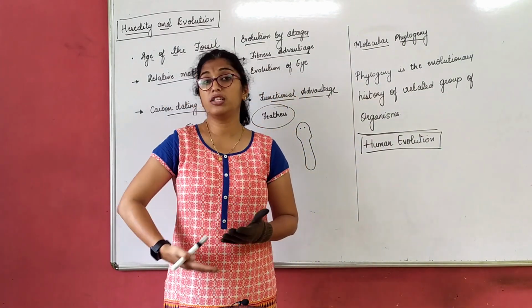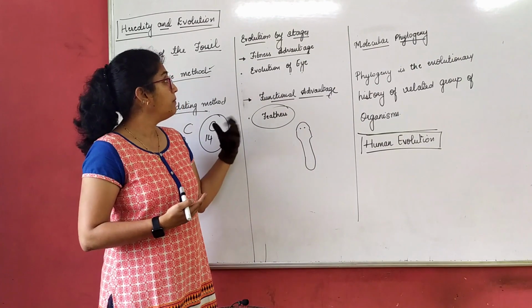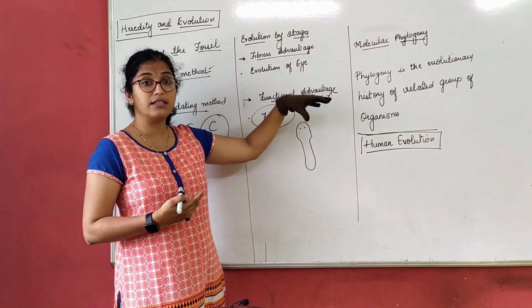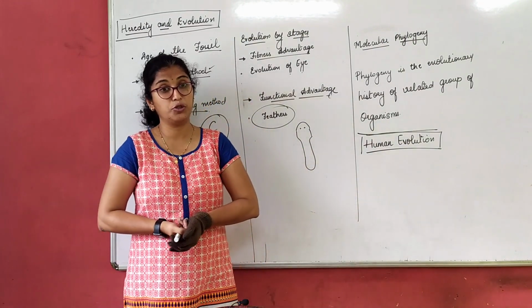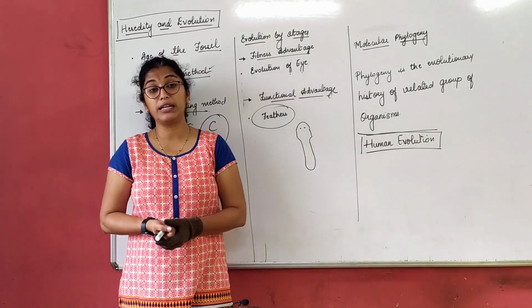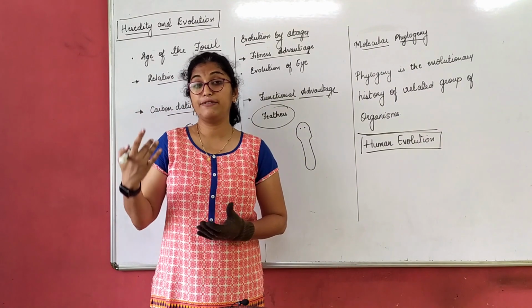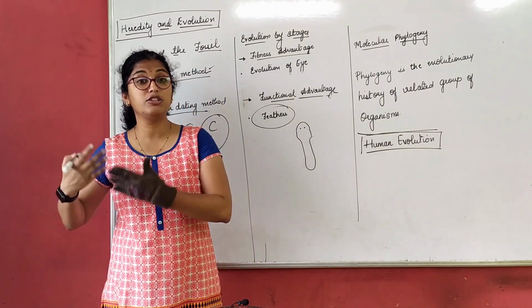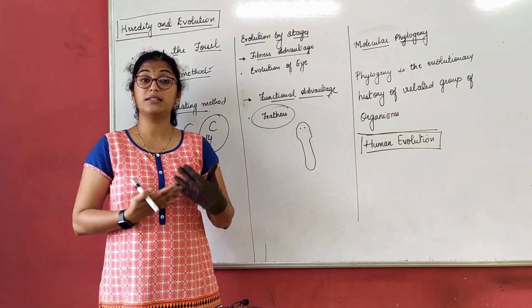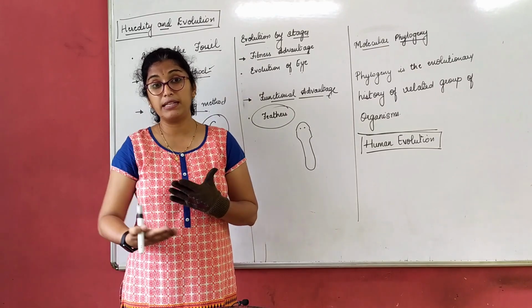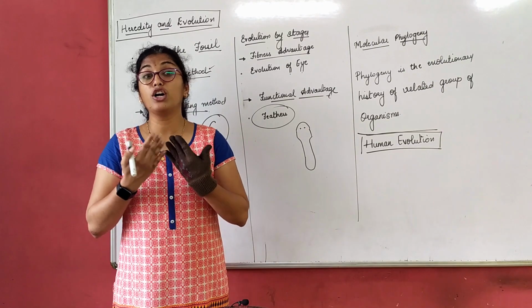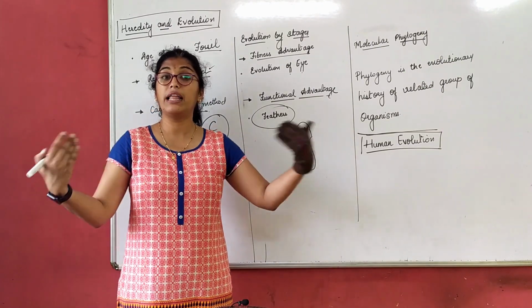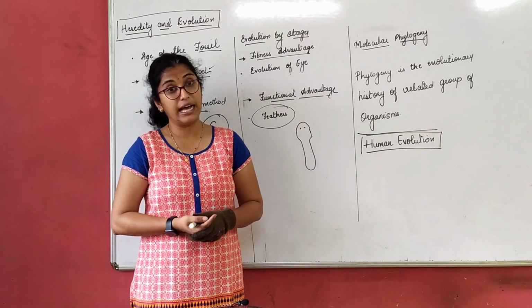At the last, we will conclude this session by understanding human evolution. We have understood how animals, plants or other organisms existed or evolved, but we haven't discussed anything about humans. We should know that monkeys or chimpanzees are not our ancestors, but monkeys, chimpanzees, orangutans and we humans all have a common ancestor. We all have arrived from one common ancestor.